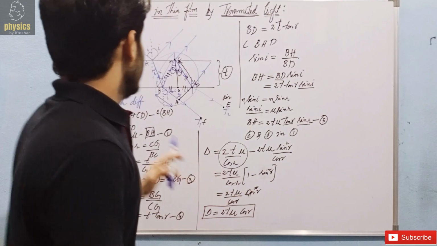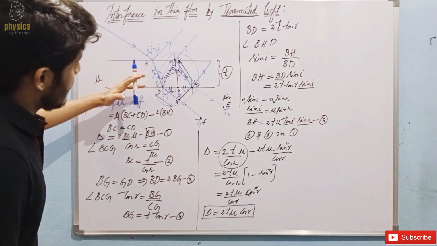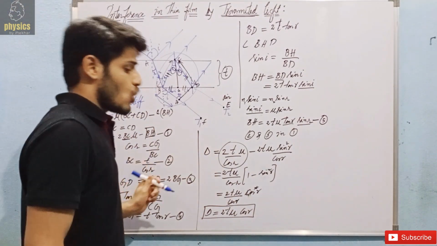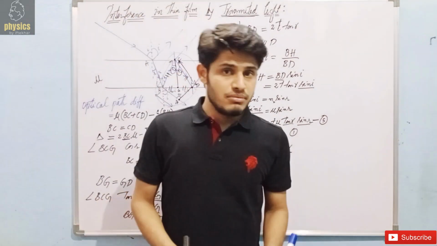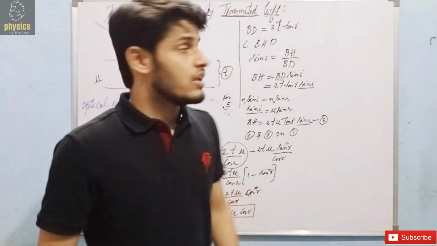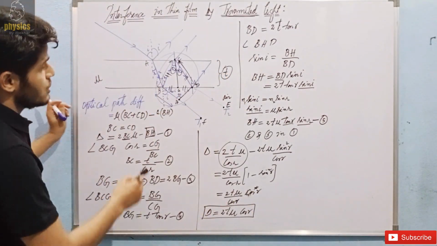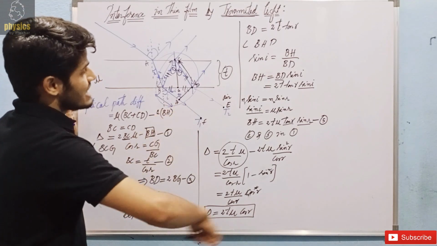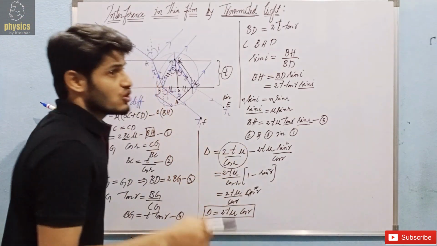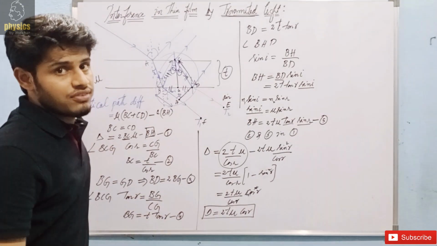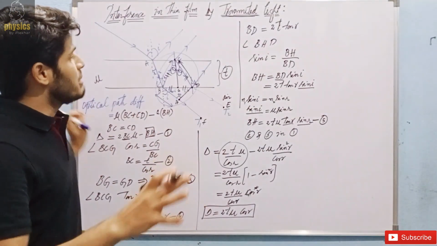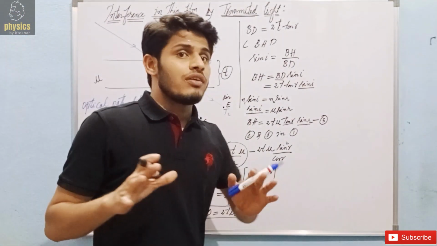But here the reflections are happening, but those reflections are not due to the denser medium. Here the reflections are there, but those reflections are due to the rarer medium. So that's why the path difference of lambda by 2 or the phase difference pi won't come into picture of